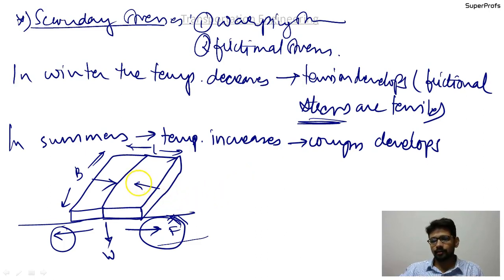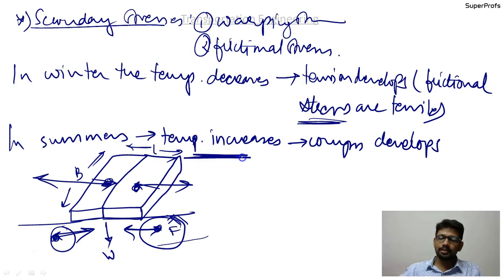And if it was summer, then this would tend to expand like this, and exactly opposite will be the friction in this direction. So in summers, as the temperature increases, the pavements are going to expand, which results in compressive frictional stresses. Please understand how I am saying this. Let us see how to put it mathematically now.